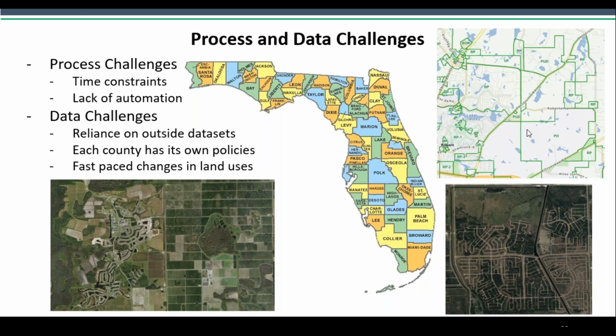And as you can see on the slide, this is some of the landscapes that we encountered when doing this analysis. So on the top right, we have a zoning map. On the bottom right, we have an area that was segmented for development back in the 70s, and it never took off, and so it's just vacant land with roads. So it's like, what do you call this? On the bottom left, we have a picture where in the right side we have a citrus grove, and then left we have a development that has just come into what used to be former citrus lands.